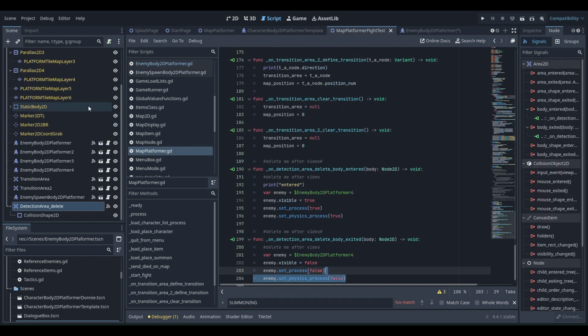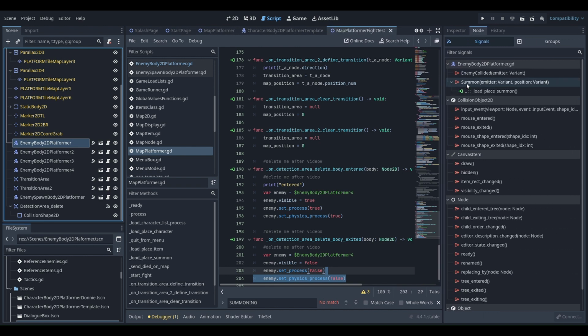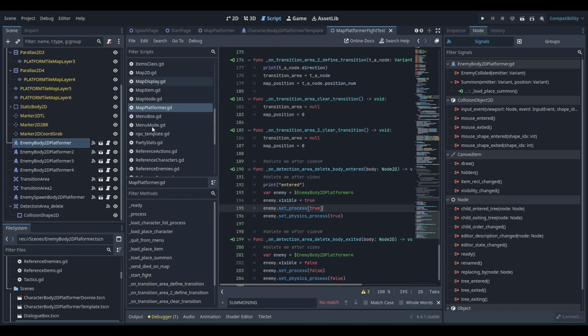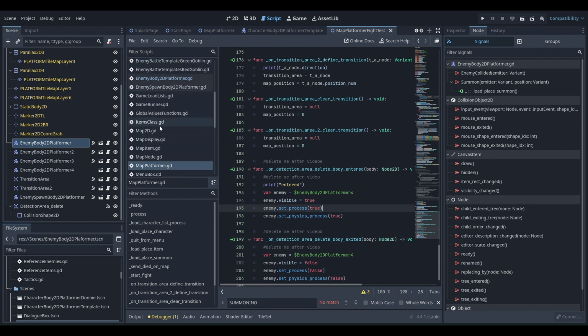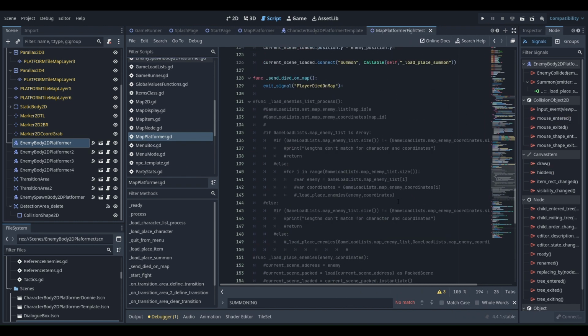And so as you can see on the map, we've got our enemies that are placed in there manually at the beginning, but they all have this signal connected. So if I click on enemy body 2D platformer, no number, then I've got this summon signal connected. And if I go to the script for this guy, map platformer fight test, not platformer because I'm stupid, and I go back to this code over here,